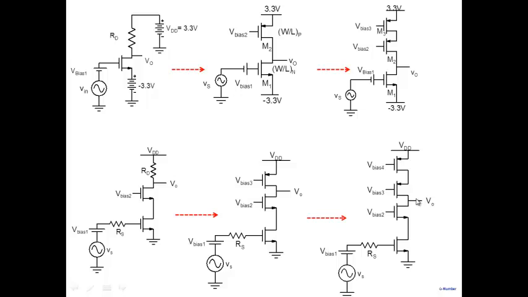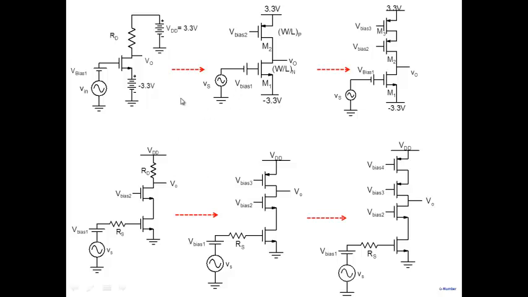So this one will be the highest gain. We'll have good frequency response because of absence of Miller's effect. The only problem with this one is now, when you look for the positive swing, you have to keep both of them in saturation. For the negative swing, you have to keep both of them also in saturation. So swing is what gets compromised. Okay. So this is the